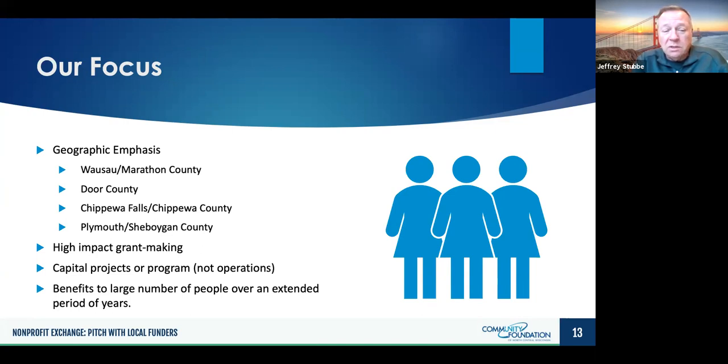Currently, our geographic emphasis is Wausau, Marathon County. That's where Dwight and Linda made their money. Door County is where they live most of the year because they're into sailing, and you can't sail their 40-foot boat on Lake Wausau. Chippewa Falls and Chippewa County, we do a little bit there. Linda was born in Chippewa Falls, and Plymouth and Sheboygan County, we do a little bit there because Dwight was